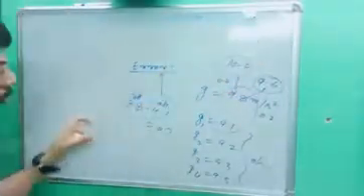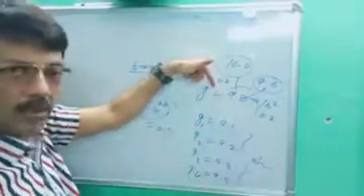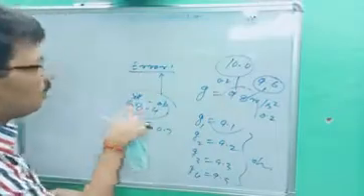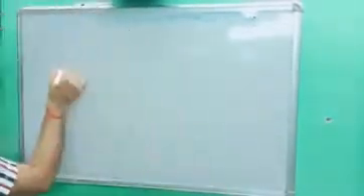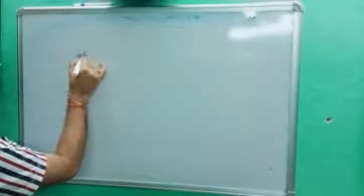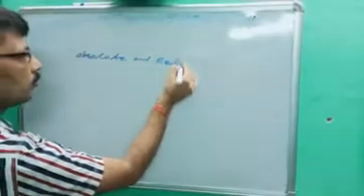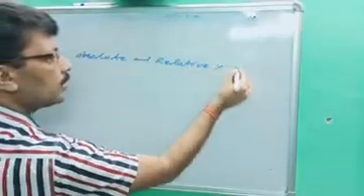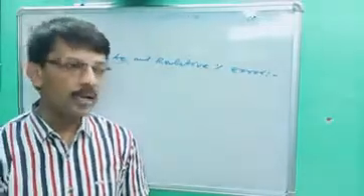Once again, when the observed value doesn't match the standard value, the difference between the standard value and the observed value is called error. In your syllabus there are absolute error and relative percentage error. Although there are many types, some are physical error, some are instrumental error, some are random error, in your syllabus there are absolute and relative error.